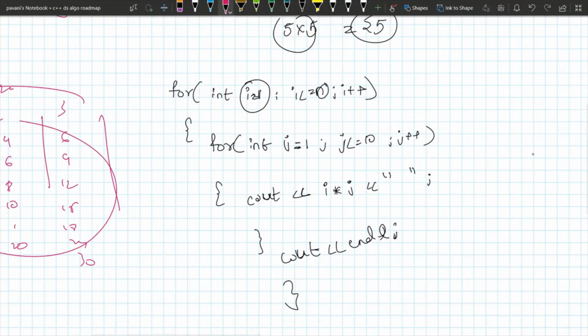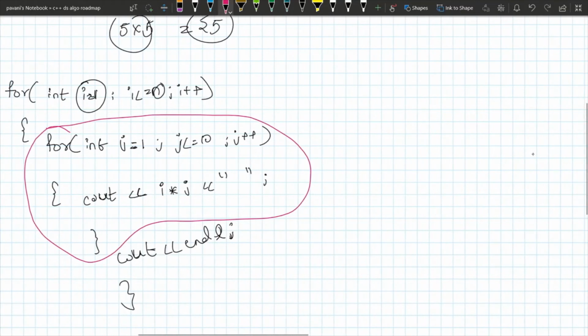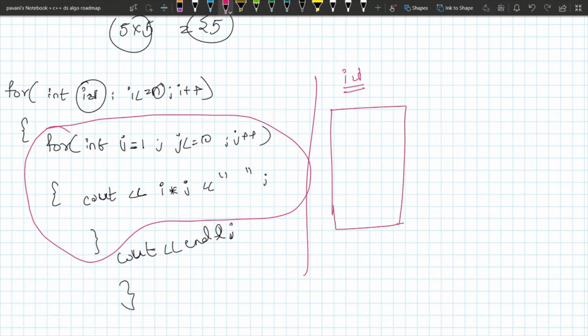See, this is the inner loop, right? I'll explain. For the first iteration, for i equal to 1, it is going to be executed like j equal to 1. I have initialized j as 1. This condition is satisfied and it jumps into the loop. cout, I am printing. cout means print, right? cout i into j. What is the i value? The i value is 1 here.